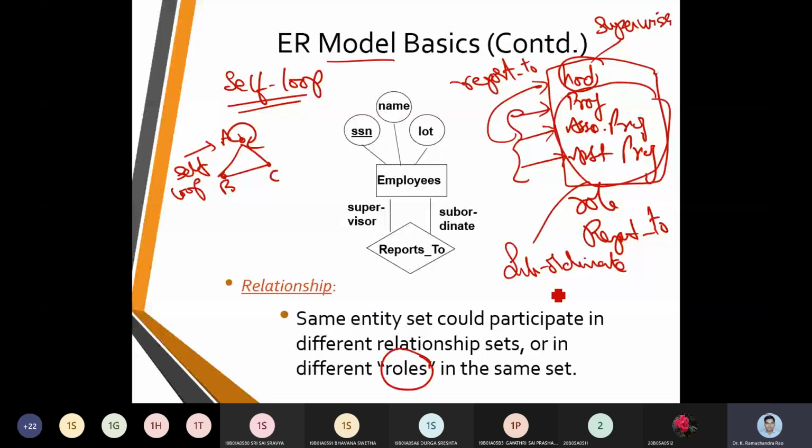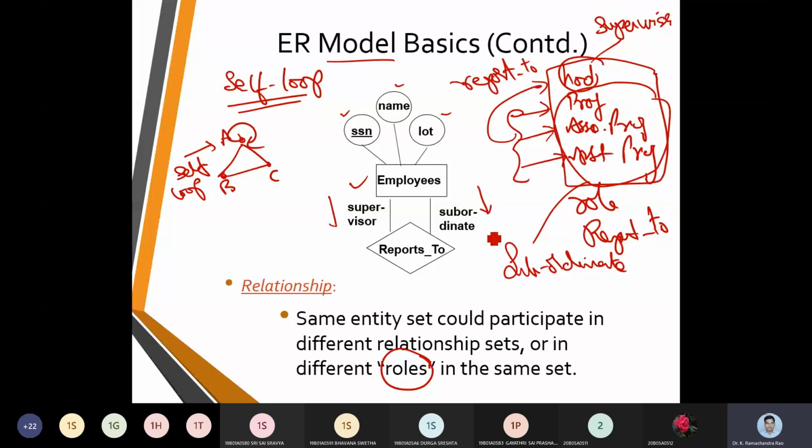Okay. So up to now we had clarity about the roles. All the roles, HOD, professor, associate and assistant professor, are all employees. Everyone has an SSN, everyone has a name, everyone has a lot. And professor reports to HOD, associate professor reports to HOD, assistant professor reports to HOD, and he reports to himself, which we call a self loop.